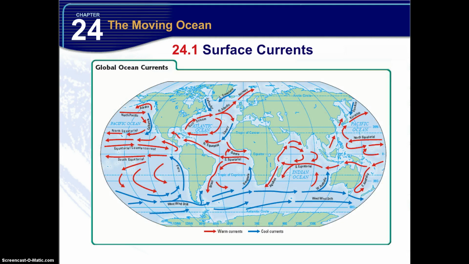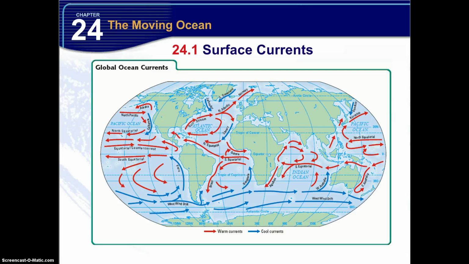So here's a diagram of global ocean currents. What do the red arrows represent? The warm currents, good, and the blue arrows are the cool currents. Now, in what general direction do cool currents flow? Now, most of them flow away from the poles toward the equator. Now, in general, what direction do warm currents flow? There might be some exceptions, just like the cool currents, but most of the warm currents flow away from the